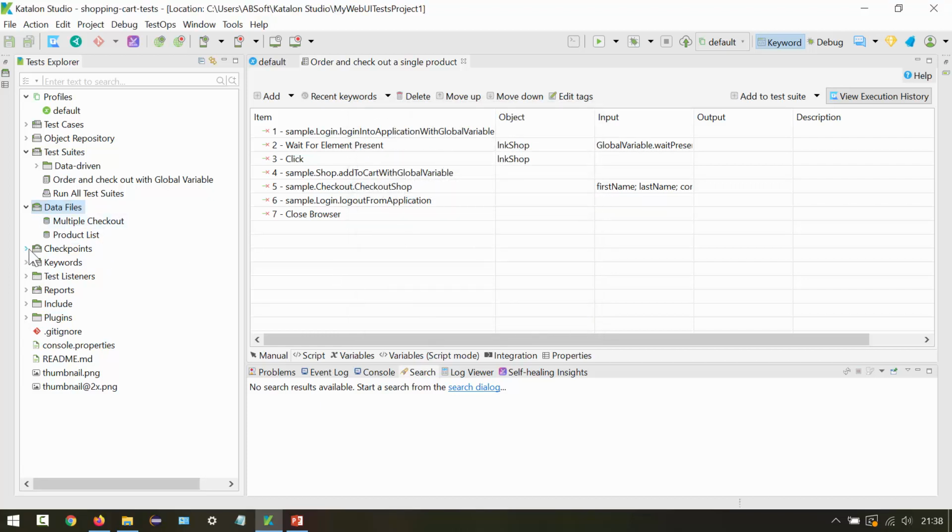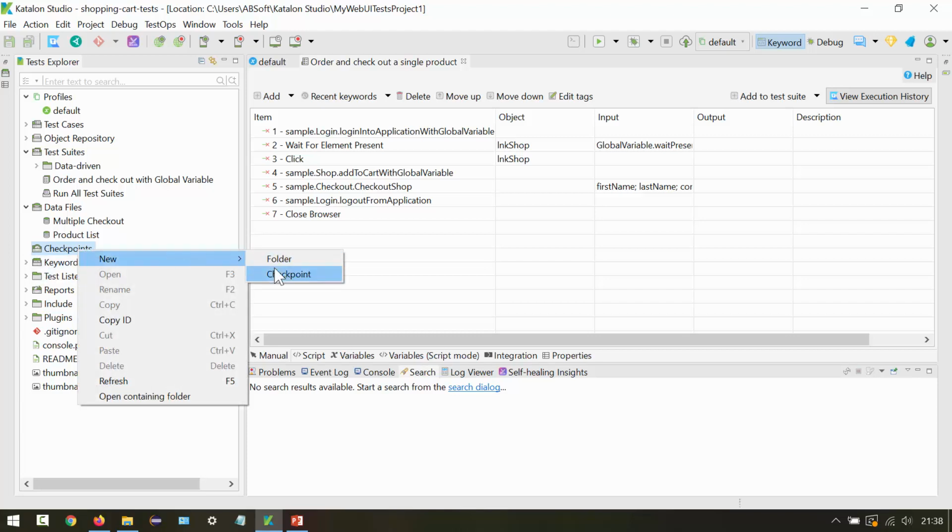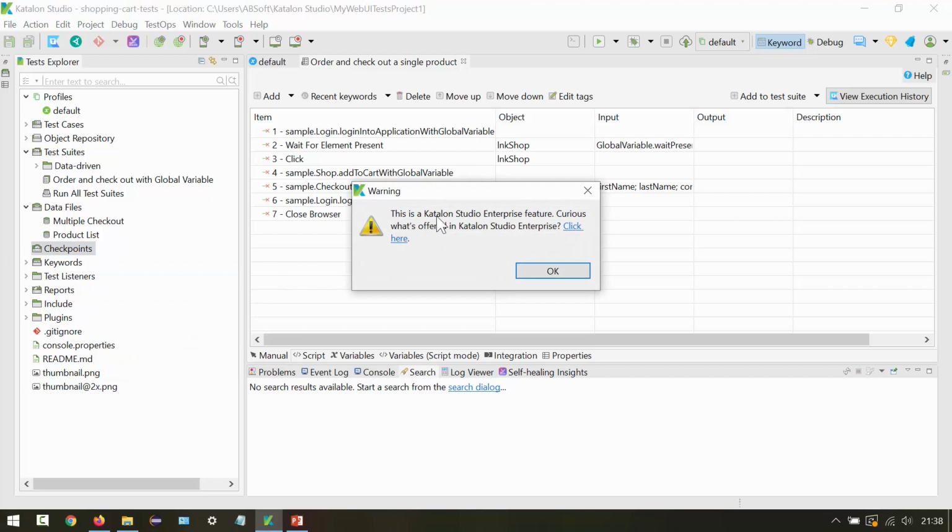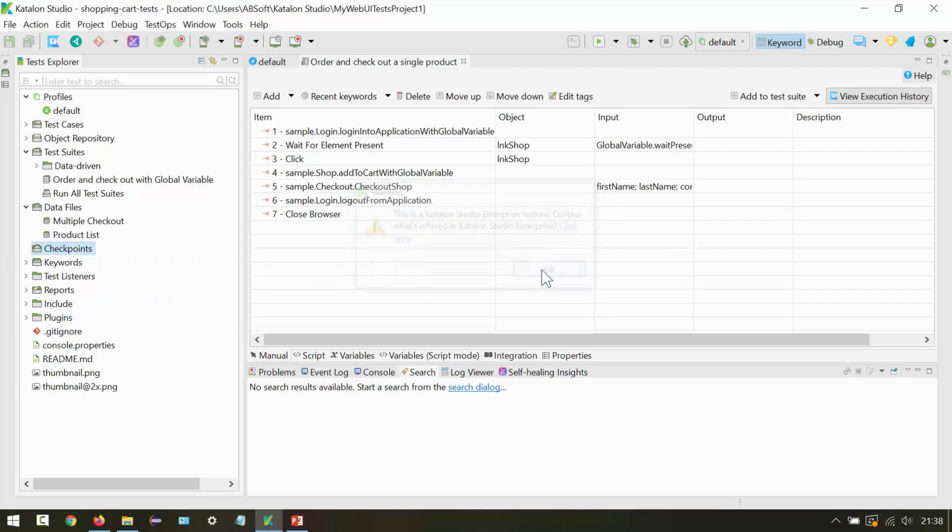Then we have checkpoints. This is also a very good feature, but this is a Katalon Studio Enterprise feature. So there are no checkpoints. If I say New Checkpoint, then you can see this is a Katalon Studio Enterprise feature. A checkpoint is like a snapshot of test data taken at a specific time.